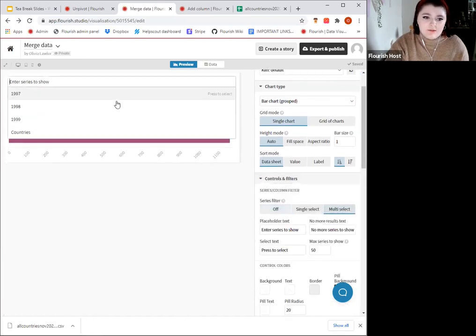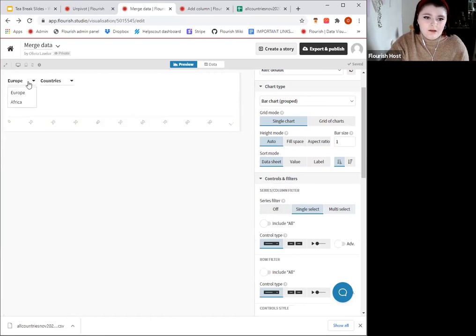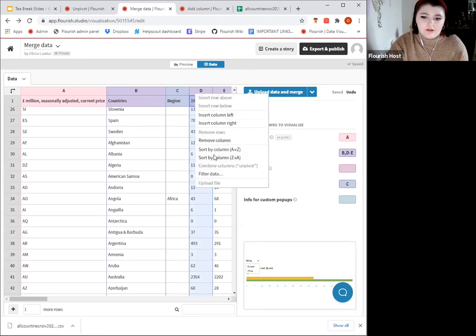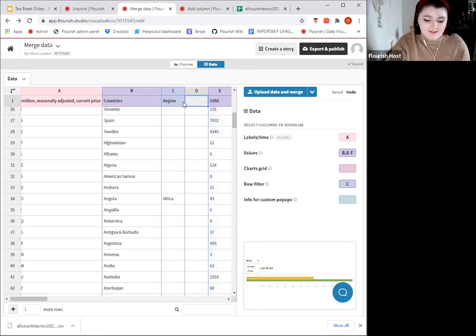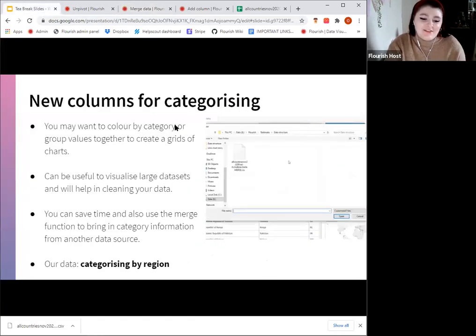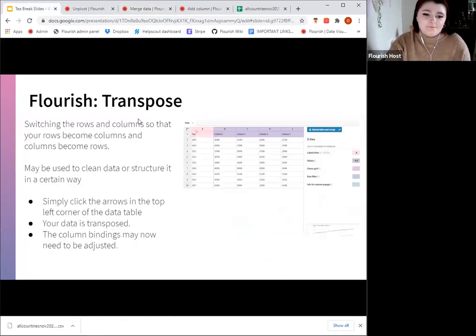You can multi-select, so people can choose, oh, maybe not. Oh, because you can have multiple, yes. So if you wanted to include multiple columns, I've realised I've just deleted one, but that's fine. If I wanted to include, for example, ranking, I'm pretty sure I can put 2 of them. Oh no, okay, I'm not sure why I did that then. Anyway, just ignore me. There we go. So yeah, that is how you add a new column.